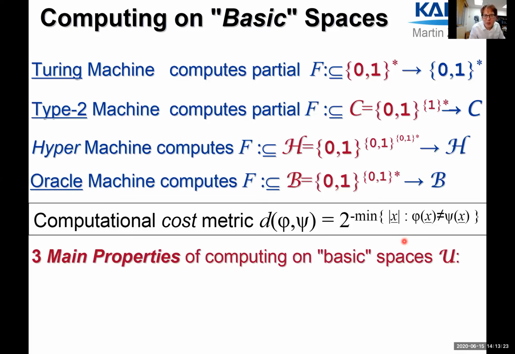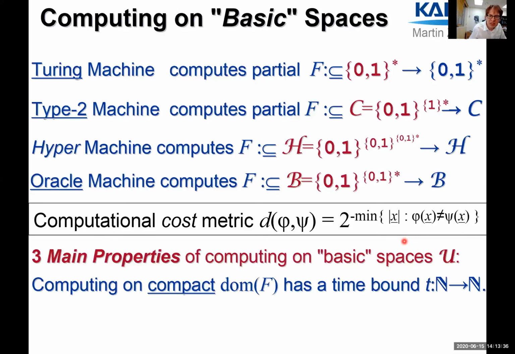We record three main properties of computing on basic spaces, and then we will proceed and try to generalize this to spaces with encodings over basic spaces. And the first such property is the benefit of compactness. Namely, if we have a total computation that has domain a compact subset of such a basic space,